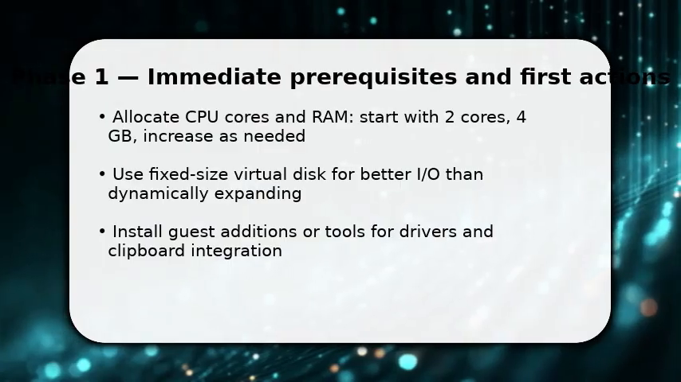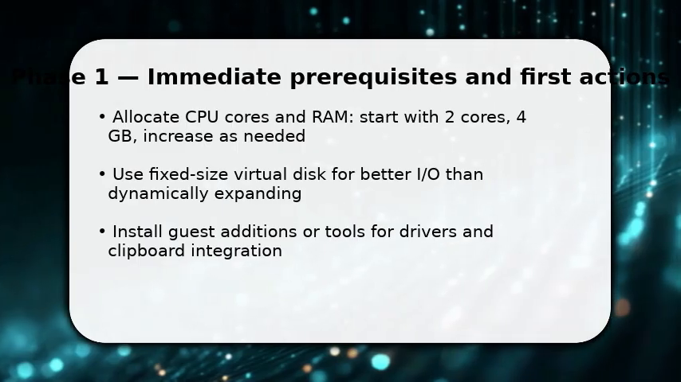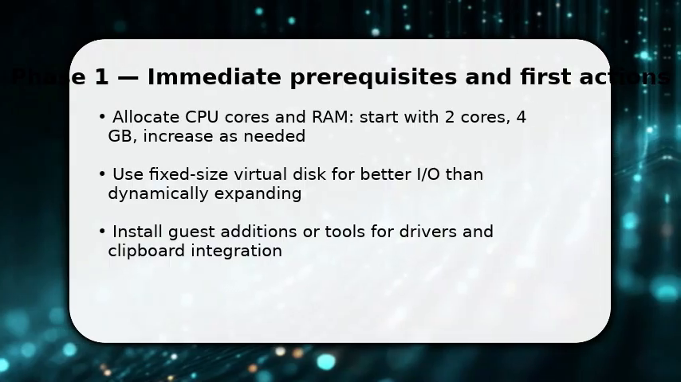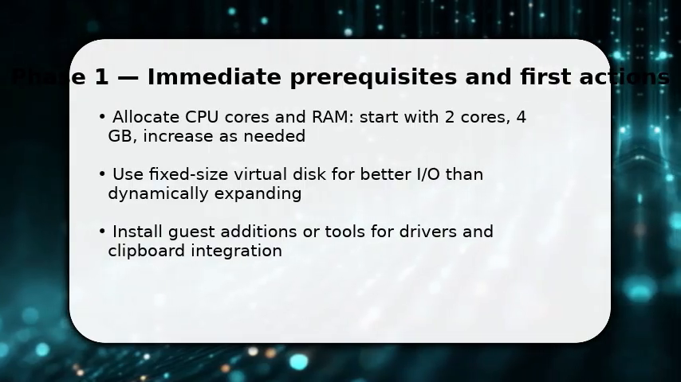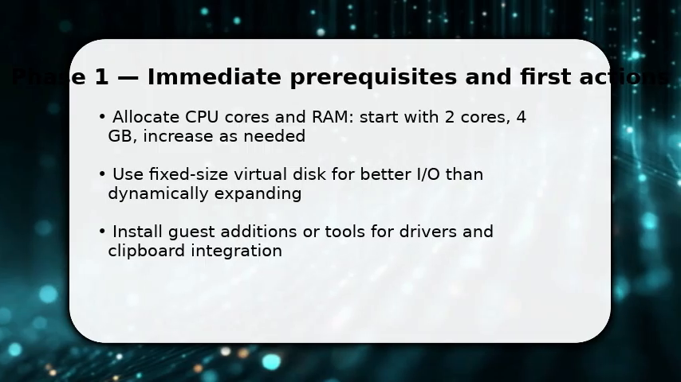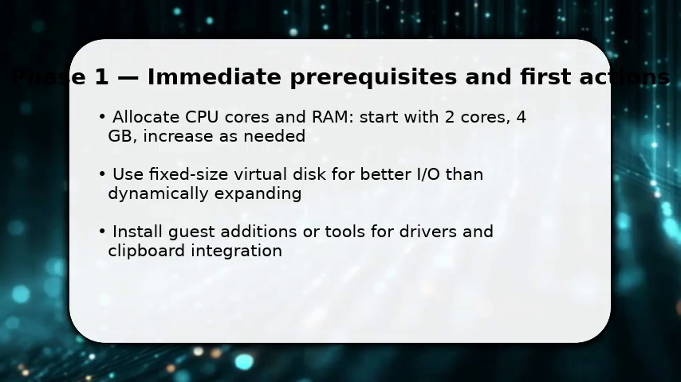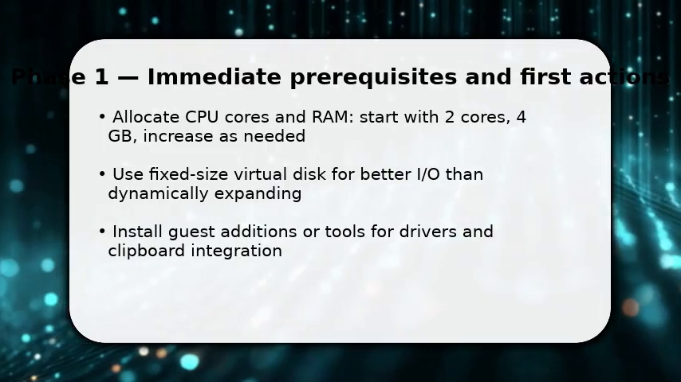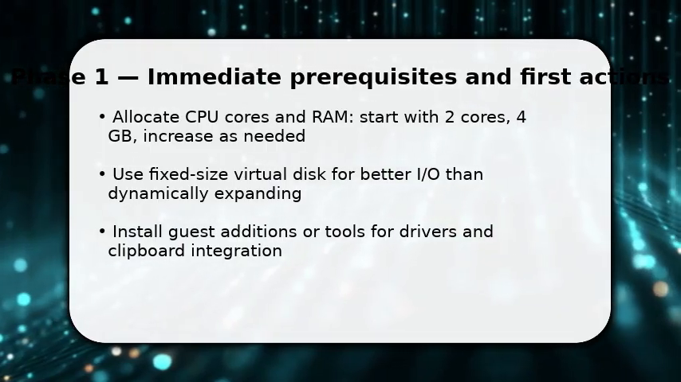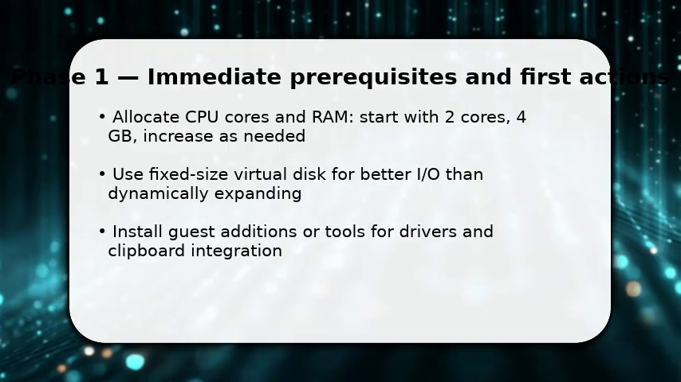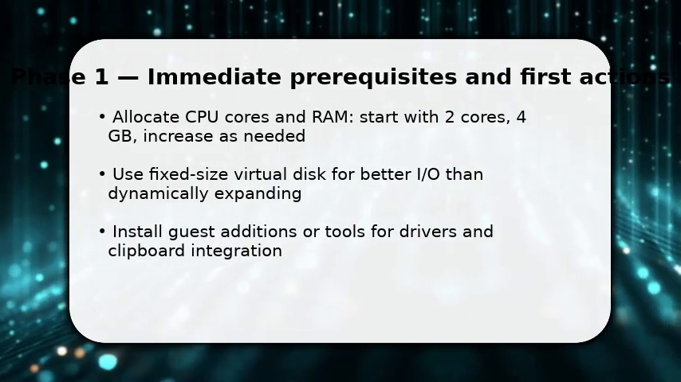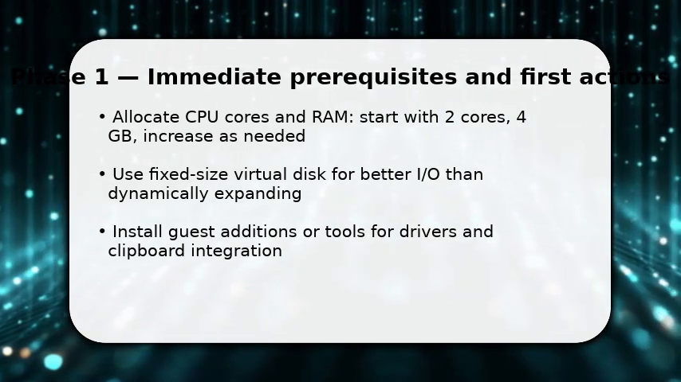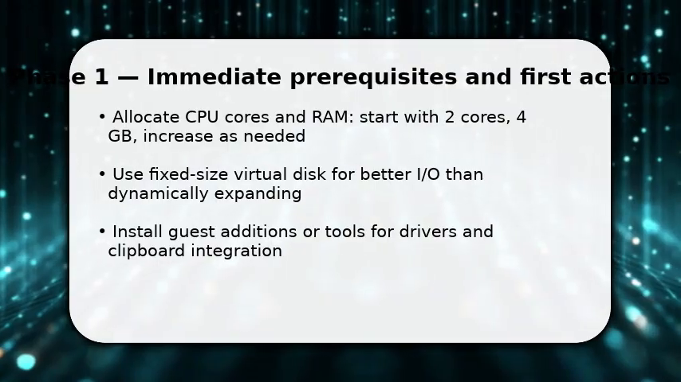You begin by assigning resources deliberately. Give the VM dedicated CPU cores and enough RAM so it avoids paging. Once done, switch the virtual disk to a fixed-size image to reduce I/O overhead and install the guest additions or tools to enable optimized drivers and shared services. Also, make sure the host has minimal background load so the VM gets stable cycles. These first actions reduce latency and improve throughput immediately, and they set up the VM for the deeper optimizations that